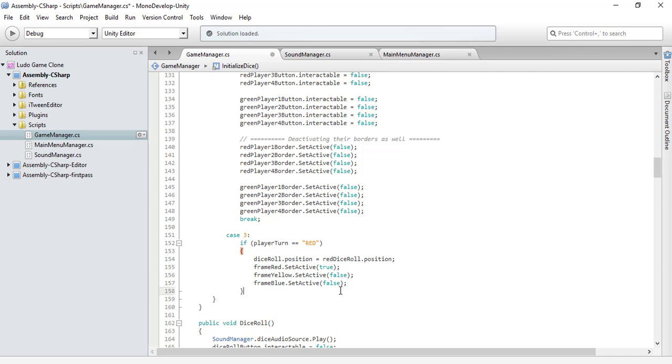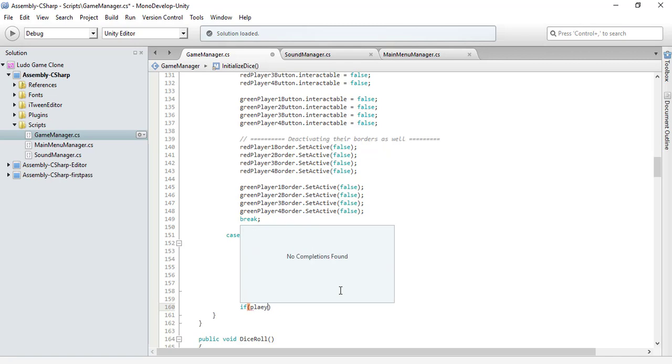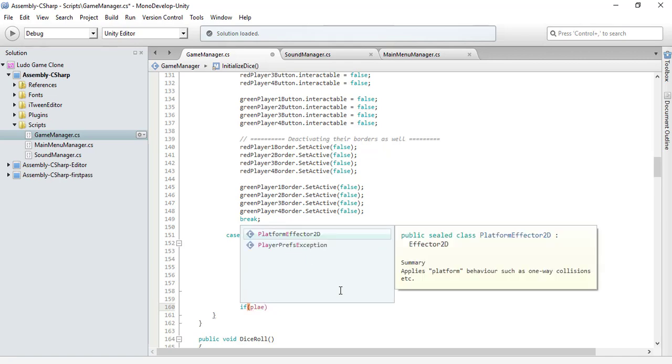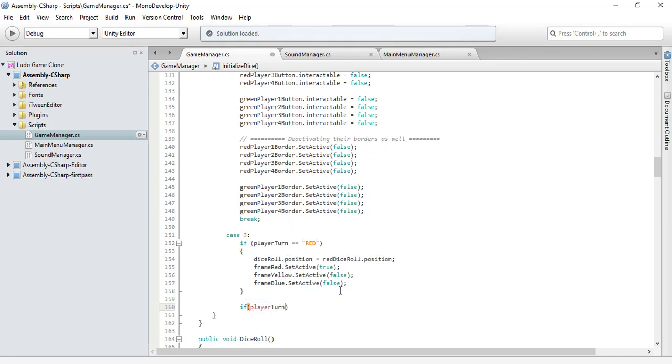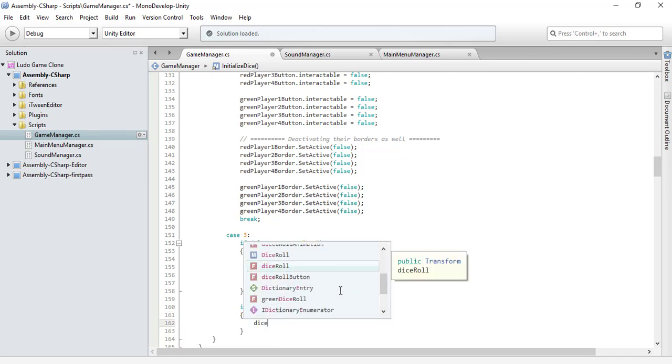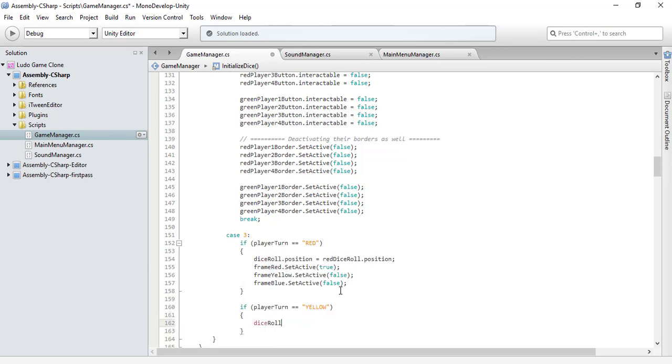And let's read, and if the player turn is, which player turn? If it's yellow, it's the yellow player turn, then we will assign